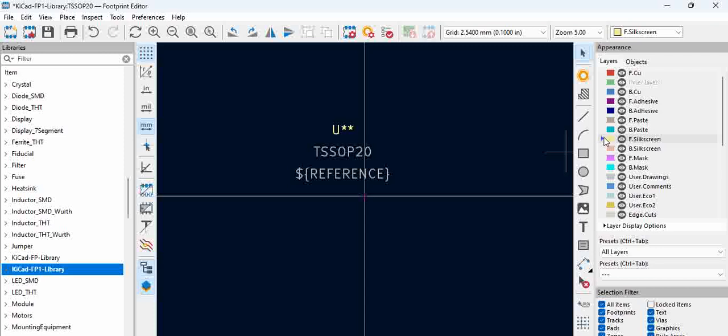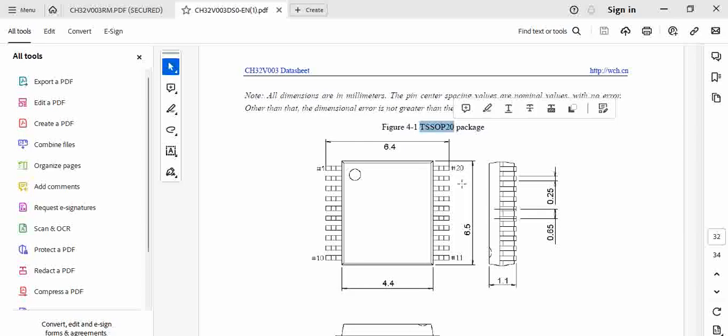Now how to create the pad stack? Let's go to the data sheet. You can see the pad stack is nothing but the pad of that particular component. So this is the component, and if you take pin 1, the width of the pin is 0.25. Okay, so that means the width of this particular pad is 0.25, and then the length of the component, how do we identify it? The total dimension is 6.4 here,